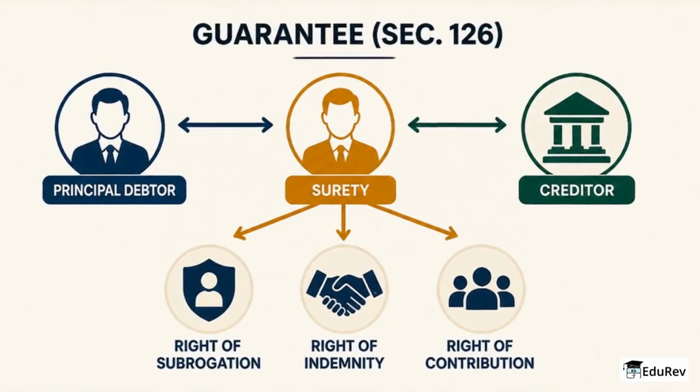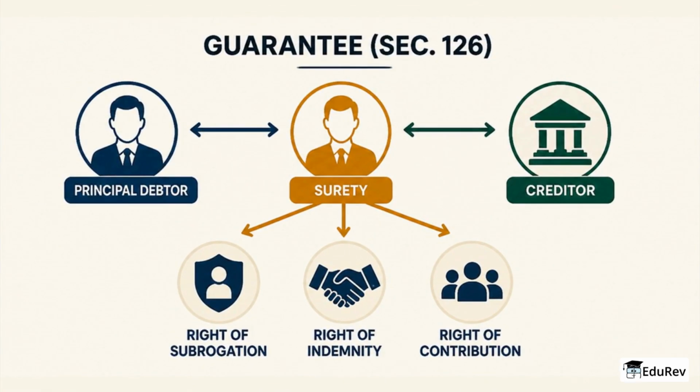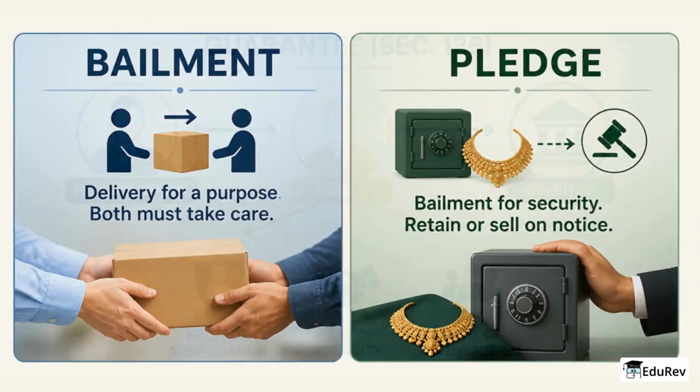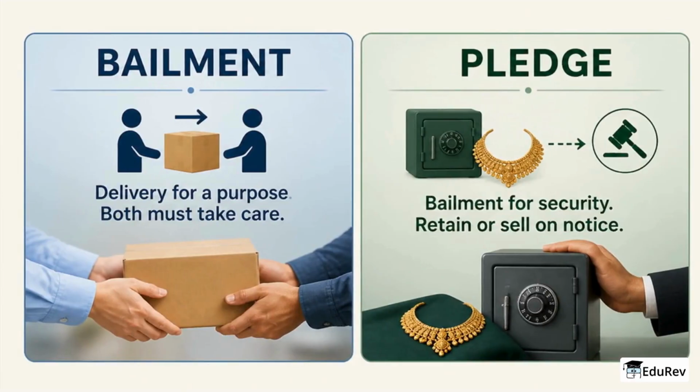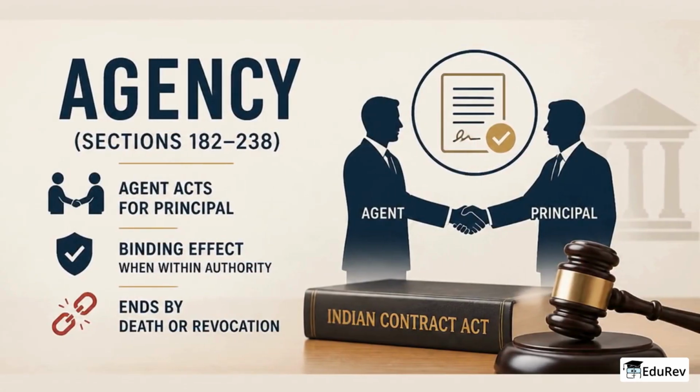A guarantee under Section 126 involves principal debtor, creditor, and surety, with the surety having rights of subrogation, indemnity, and contribution from co-sureties. Bailment involves delivery for a purpose, with duties on bailer and bailee to take care, while pledge is bailment for security, letting the pawnee retain or sell on notice. Agency under Sections 182 to 238 lets an agent act for a principal, creating binding effects when within authority, and ends by death